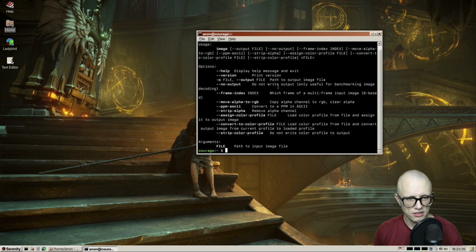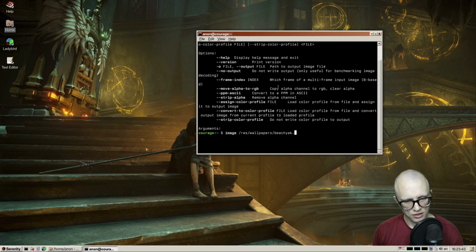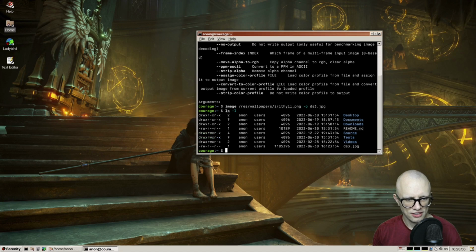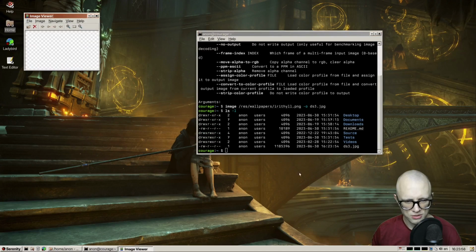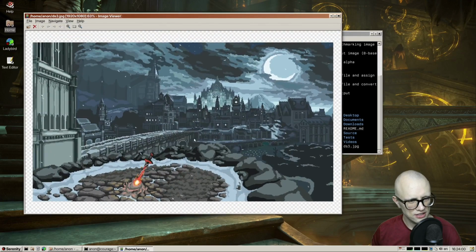So we can use the fairly recent image tool to take an image. So I'll take like a cool wallpaper like Irithyll from Dark Souls 3, and I can turn that into a JPEG. I'll call it ds3.jpg, and it will just convert that to a JPEG,